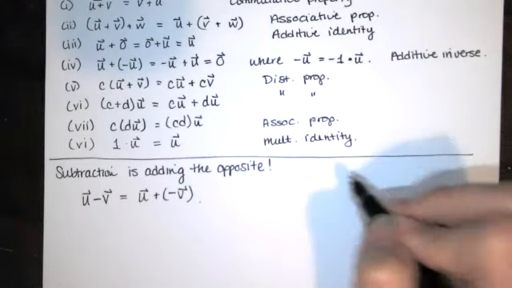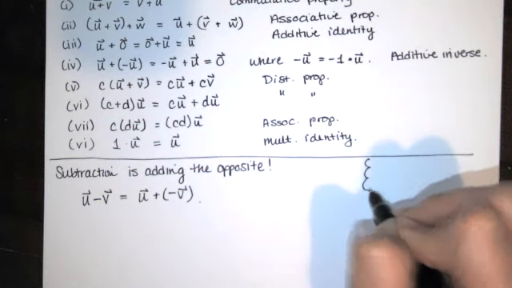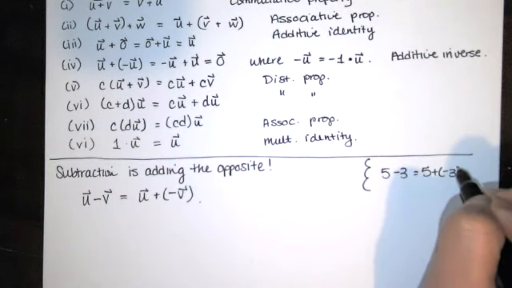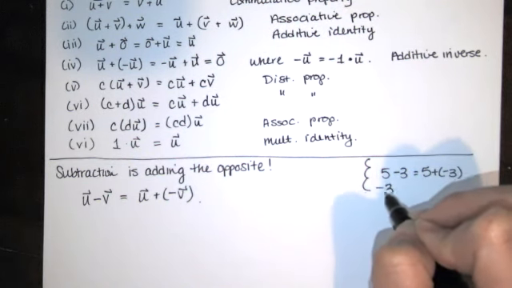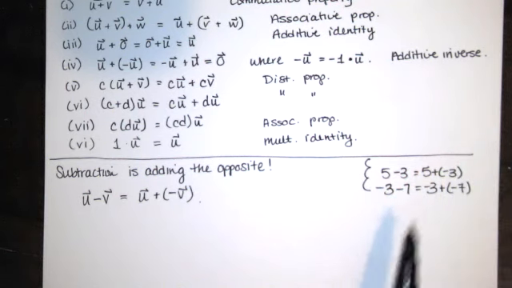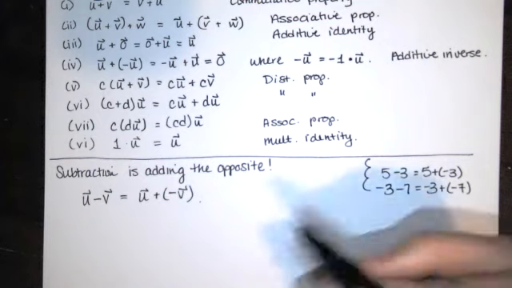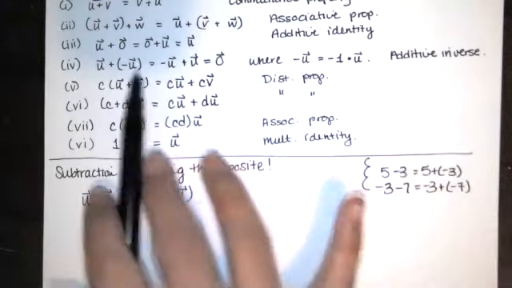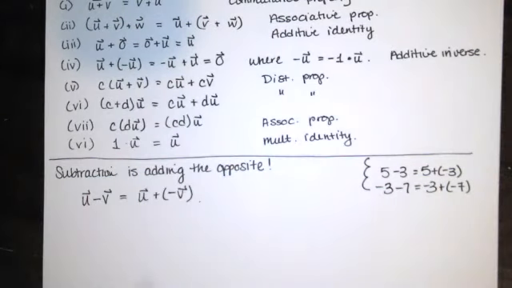Just like when we said, 5 minus 3 is the same as 5 and adding negative 3. Or if we have negative 3 minus 7, that's the same as taking negative 3 and adding negative 7. Every time you're subtracting something, you're adding the opposite. And then we go on from there. The same is true for vectors. Because the additive inverse exists, because this negative u exists for any u, subtracting v from something is the same as adding the negative of v. Okay,